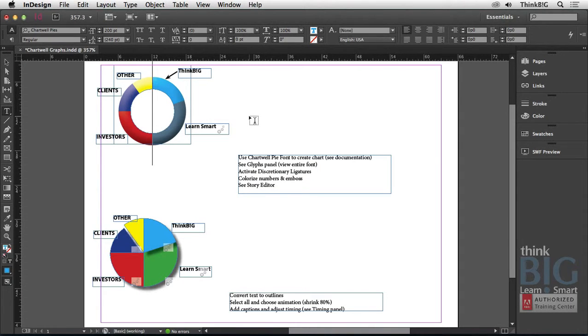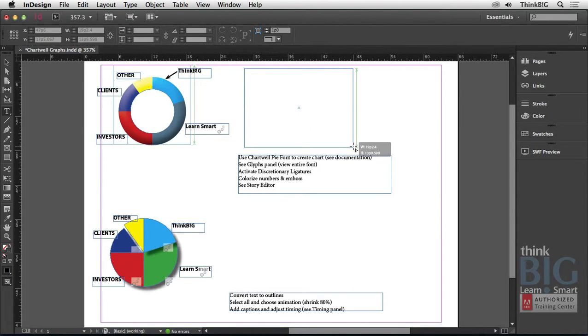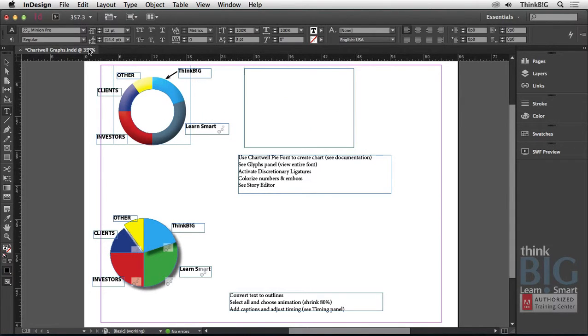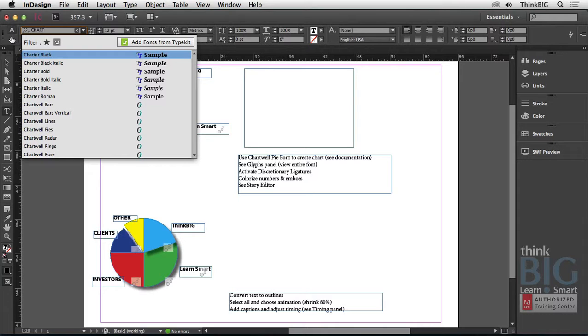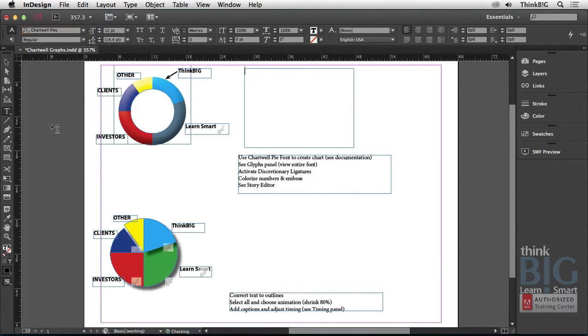So how do you create this from scratch? Well, you'd simply start by creating a text box, as you see here, and then switching to the font Chartwell Pies. I'm just going to click in here and start to type the word Chartwell. And there are several types of Chartwell pie fonts. This one right here is the one I'm looking for. And you need to make the point size considerably larger. In this case, I'm just going to type a 200, tap tab,